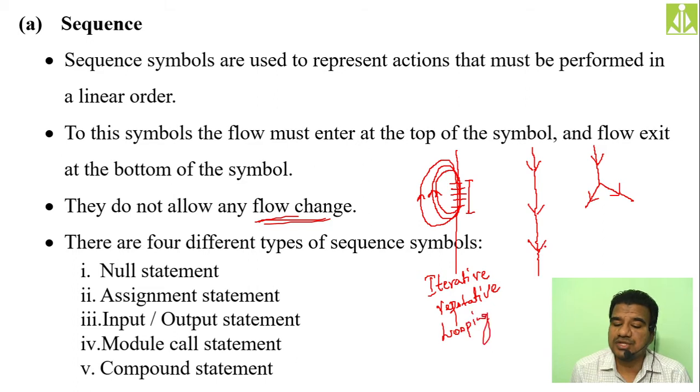These are sequential, no change of flow, so we call them sequential, linear flow. And this is conditional only. Based on some condition, we can put a condition over here. Based on that condition, either you can go this way or this way. I will give you more clarity. If that condition is true, we'll select this path, or if that condition is false, we'll select this path.